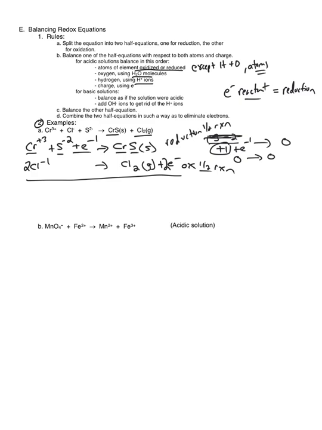Well, you'll notice that there's 2 electrons on the right for the oxidation, but there's only 1 electron on the left. We have to make sure that the number of electrons transferred is the same. So how do I do that? I have to now come back and multiply this top reaction by 2. So I multiply everything by 2. I double all of it, leaving